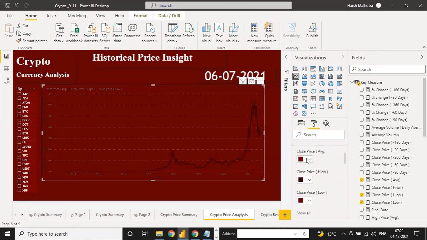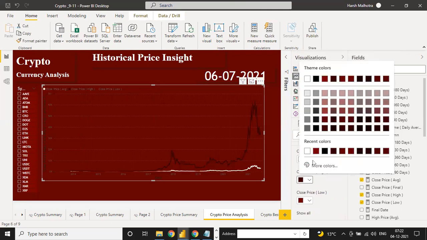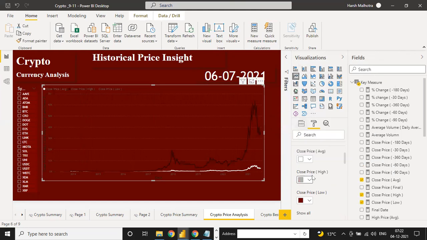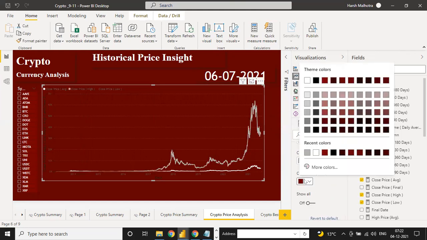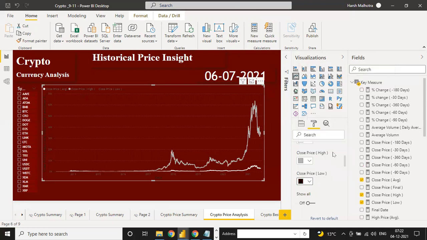So guys, average you can put as white, high you can put as this gray one, and low you can put as this black color. And see, this value will be shown completely.